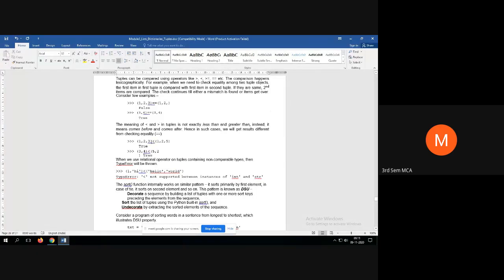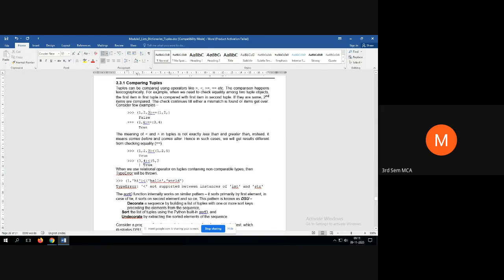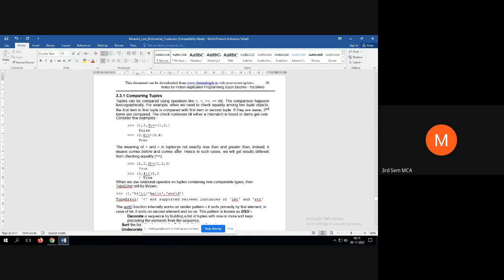Look at here. 1, 2, 3 is less than 1, 2, 5. So that means 1, 2, 3 comes before 1, 2, 5.